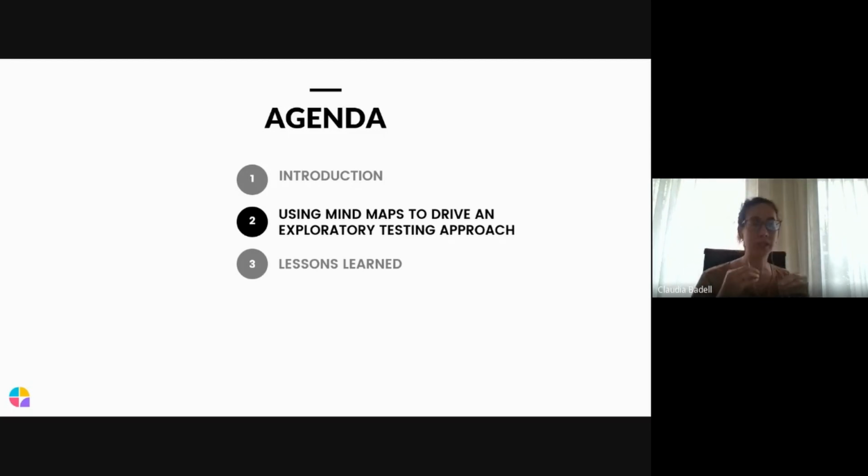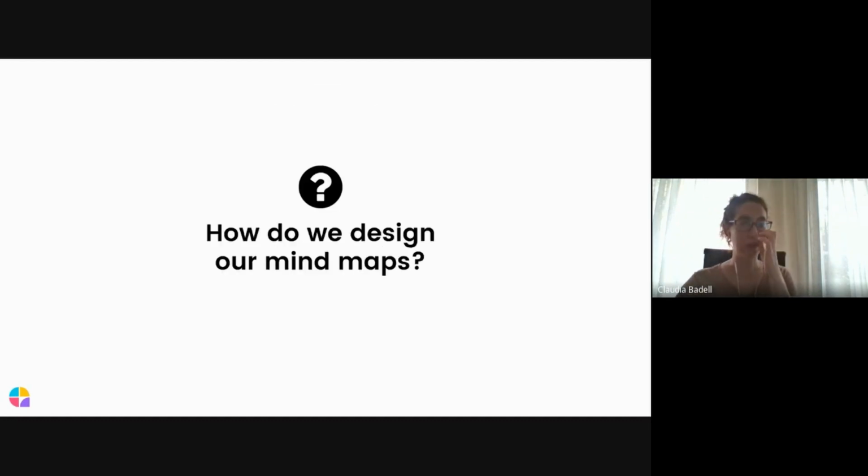And in the context of this talk, when I mention team, I refer to a cross-functional team fully dedicated to building a product or software. And also from the testing perspective, testing is performed by most of the team members, not only by the testers. Yes. So let's talk first about how we design the mind maps, and then we will focus on how we use them.